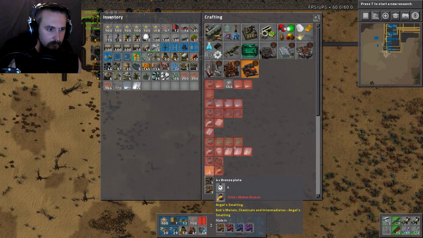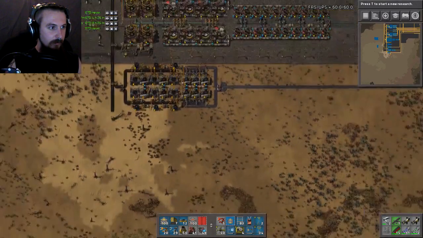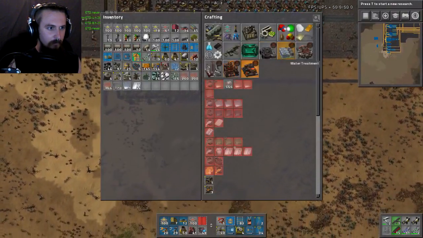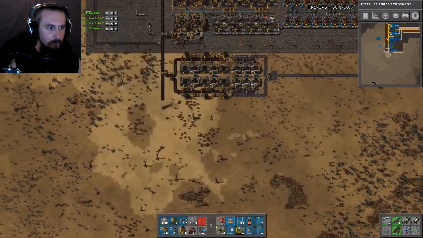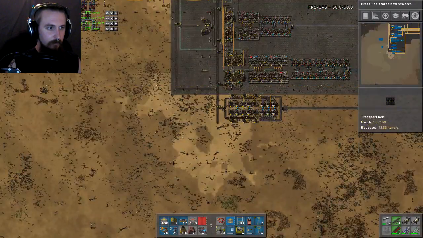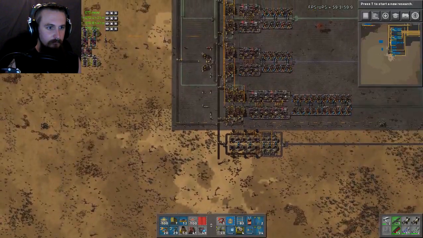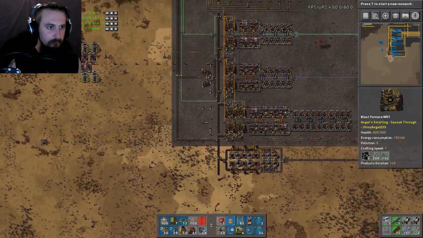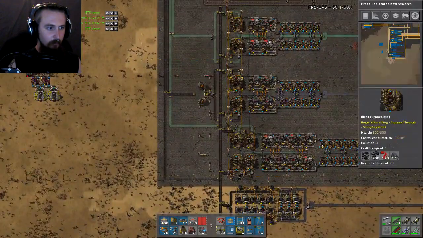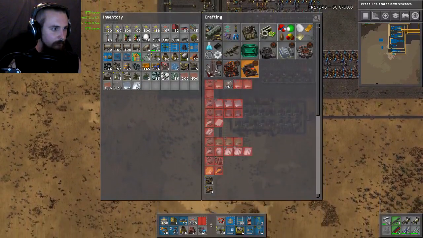So, bronze plate, 4 from 40, that's normal. We need 18 and 6 of copper to tin. Okay, and I think that is a ratio of 3 to 1. So we want something like this, but we want 3 on one end of it. So, we'll take the...